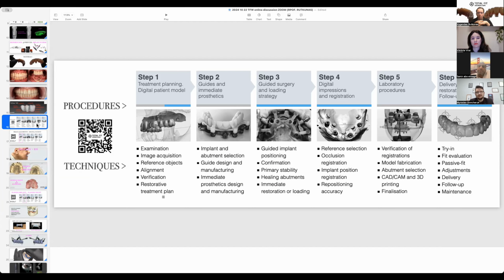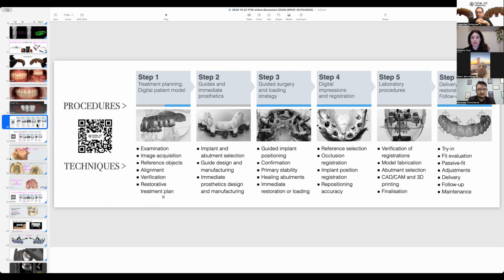For open sinus elevation, if it's only one implant, most probably I will not make a guide, maybe because I come more from the analog world, and it does not provide me any problem. But I know that some dentists like it, and it's your decision to prepare guides to determine the window location.